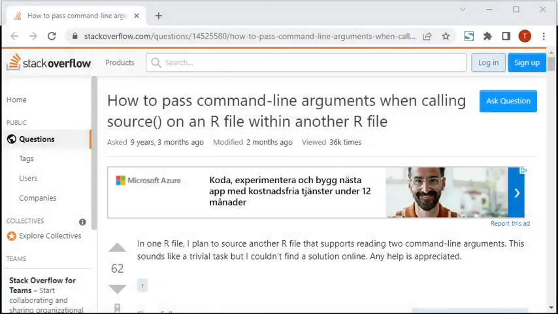Finally, a few words about how to provide program arguments to a file that is executed through the function source from within the R console. Actually, there does not seem to be any really good way to do it.